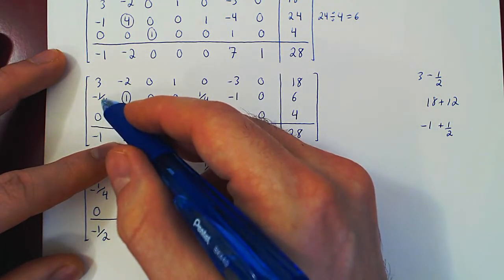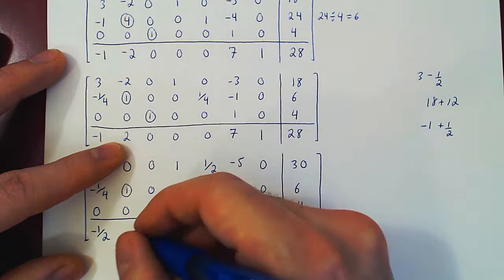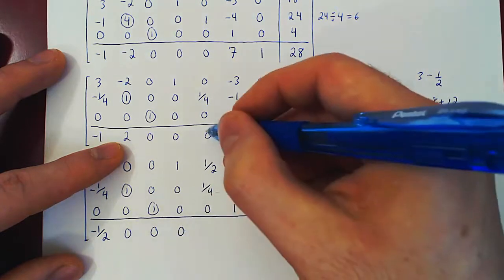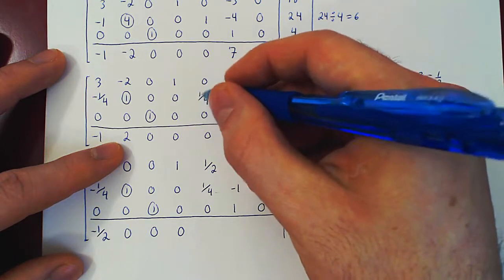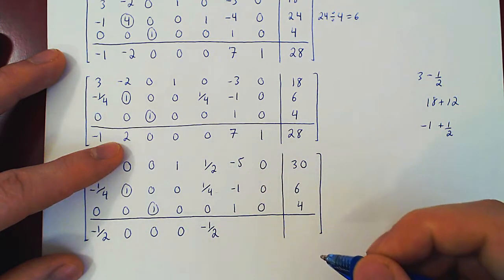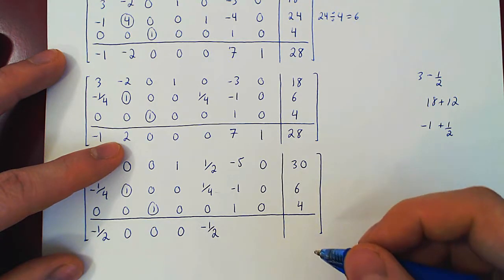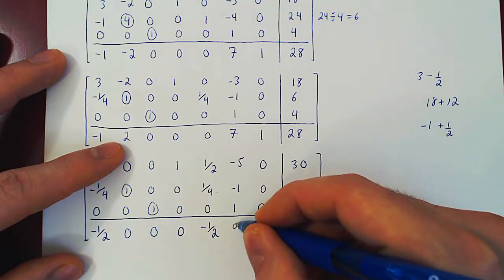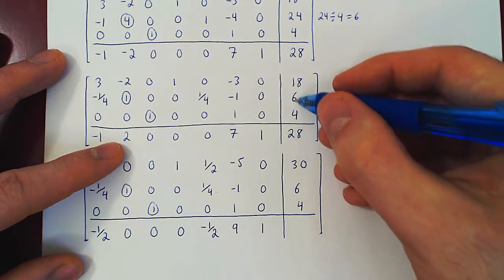Yeah, I picked the right entry. 2 minus 2, 0. 0 minus 0, 0. 0 minus 0, 0. 0 minus 2 times -1/4 is 0 minus 1/2, -1/2. 7 minus 2 times -1 is plus 2, 9. 1 minus 0, 1. 28 minus,